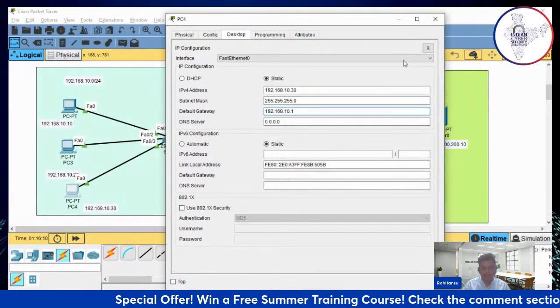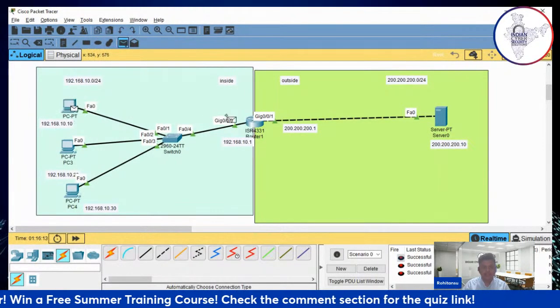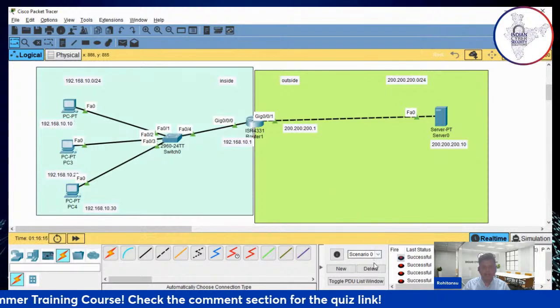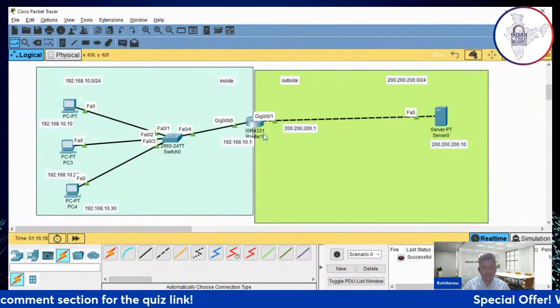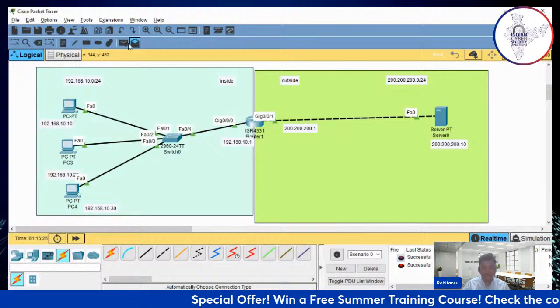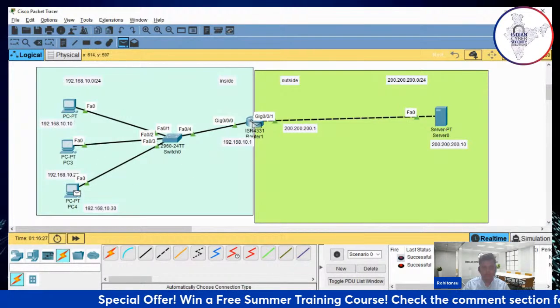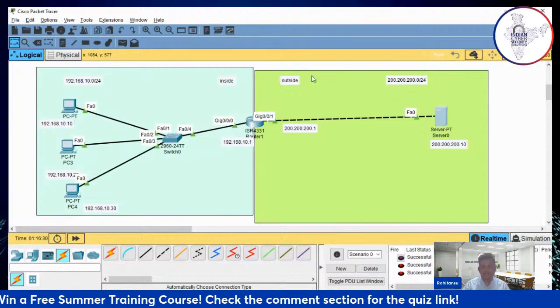Default gateway is this one. Check whether you have done one side completely correct or not. Complete everything. From here to here, it is successful. From here to here, it is successful. What about from here to here? It is successful.